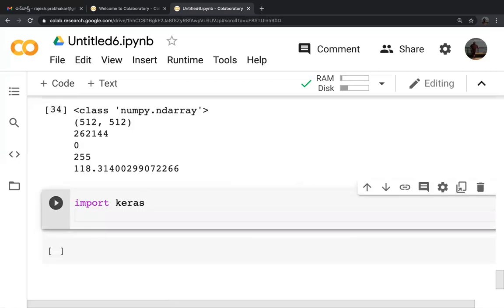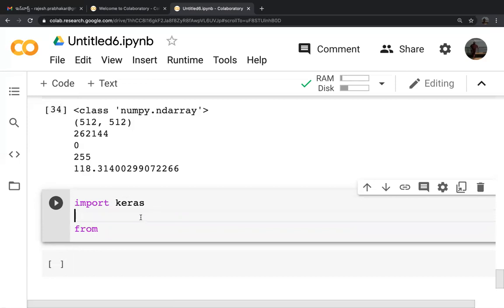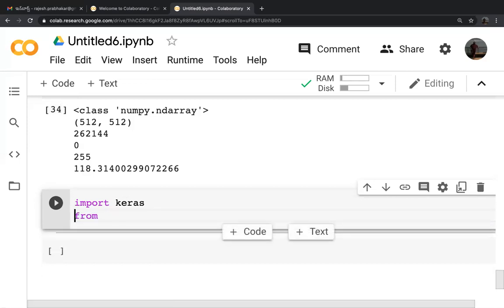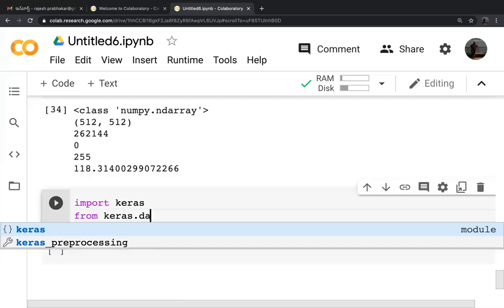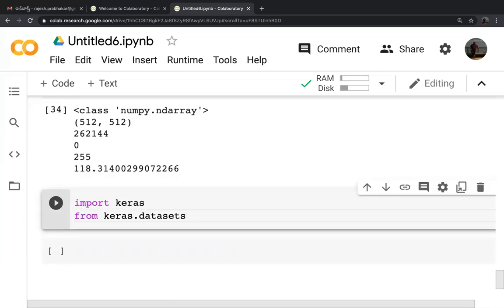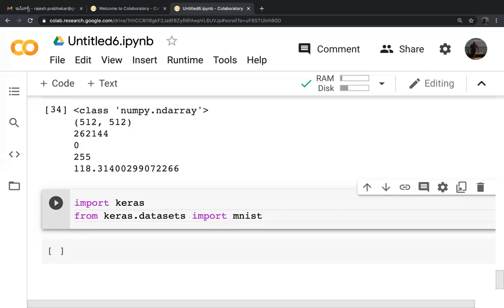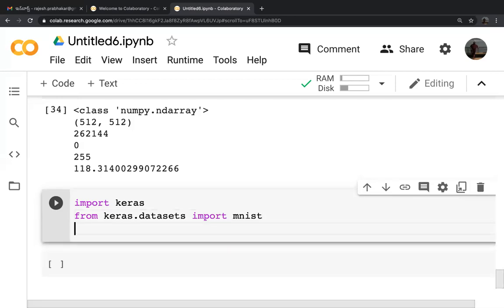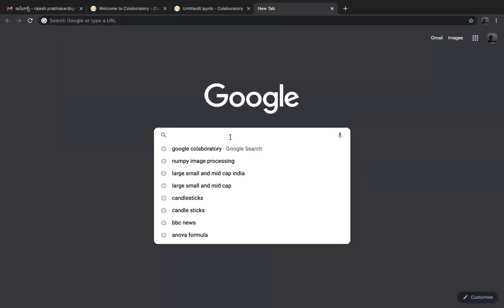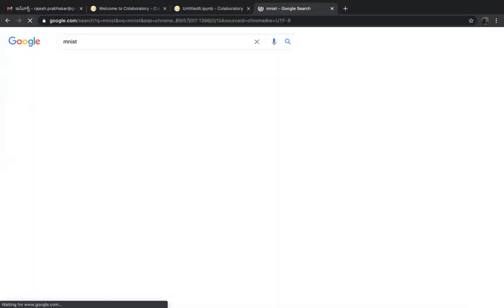Now, from keras.datasets import mnist. So what is this MNIST? I'll show you this MNIST data. MNIST is handwritten digits data.